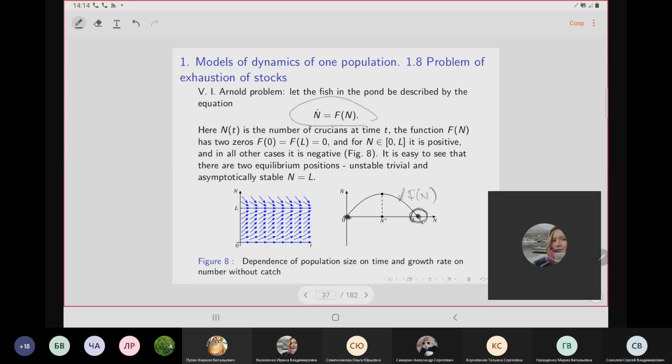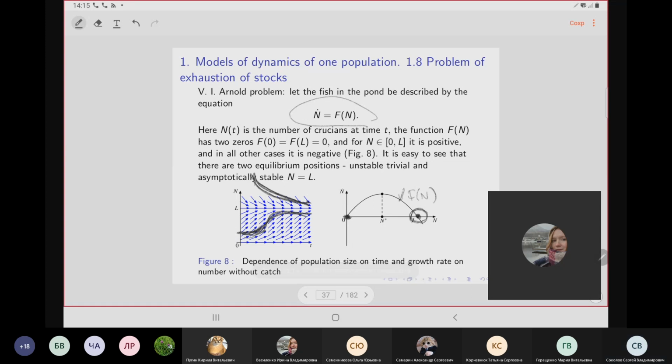is unstable. Since n dot is positive, the population quickly replenishes. So if at some moment the population drops below L, it replenishes. And the same if the population becomes bigger than L, then it is stabilizing to L. So it is okay with the fish, no problem. The population lives, the population exists. The situation is very, very stable. So it's okay, but